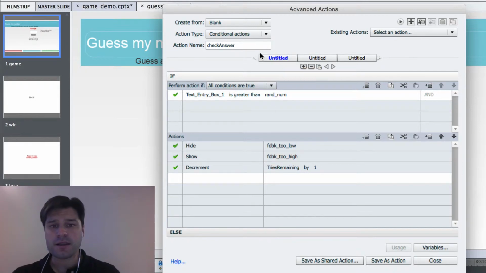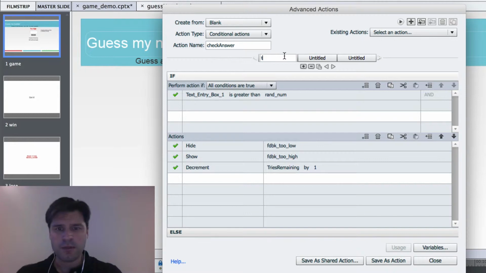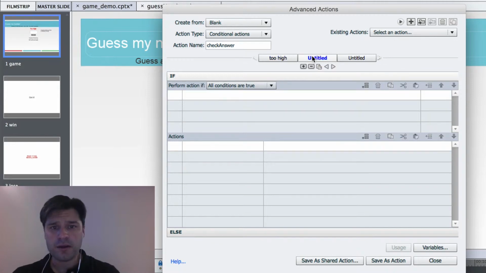Now I'm going to name this. Up top, you notice I've got these 3 options that say untitled. This is actually the decision that we're working with right now. So I'm going to double click on that decision, and I'm going to name this one too high. Great. Now that I've got too high, I'm going to go over to the next one, double click, and name